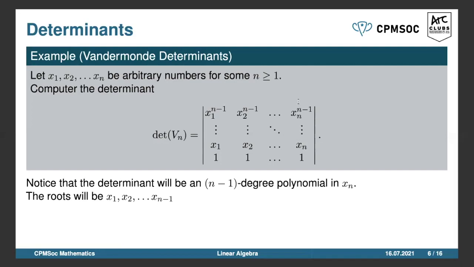So if we apply our recursive formula, we'll have a whole lot of additions and subtractions here. And if any of these x1, x2, x3, and so on are equal to xn, we're going to end up with a cancellation as we go along and add, subtract along the top row. And then when we're calculating the lower order determinants. So if x1, for example, is equal to xn,